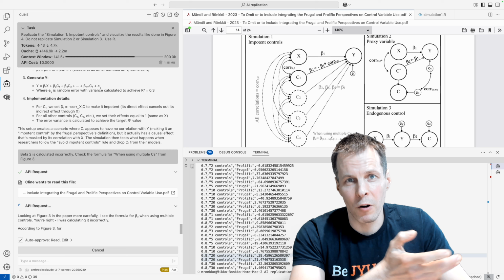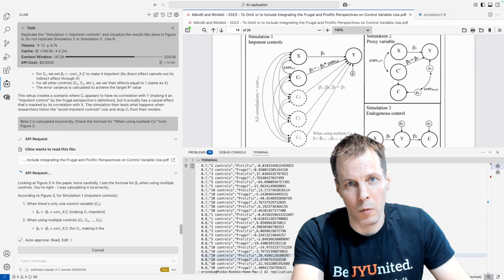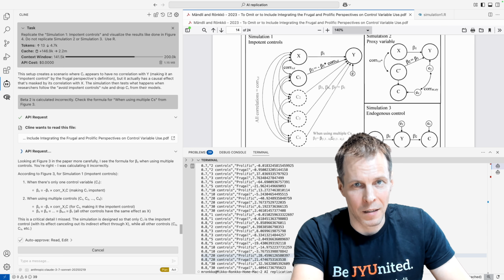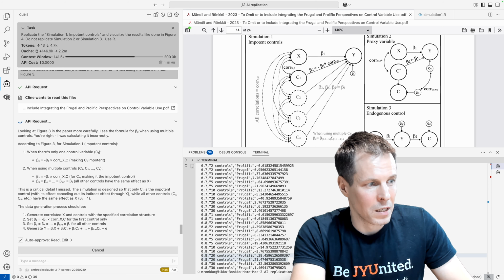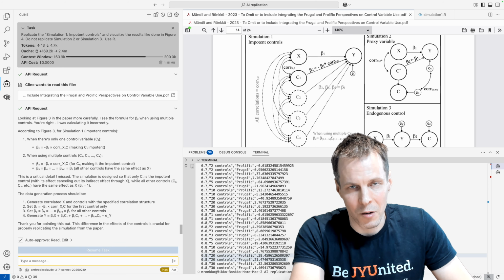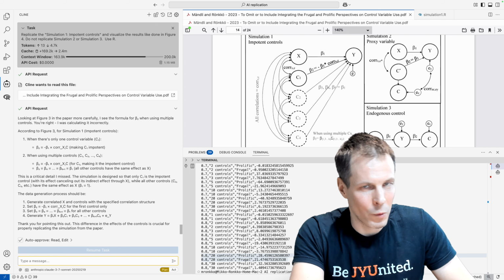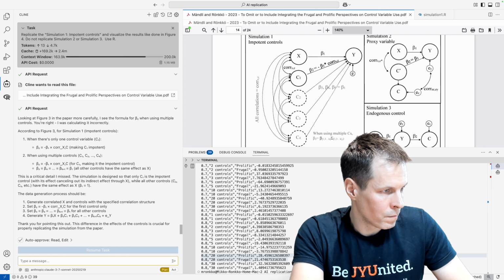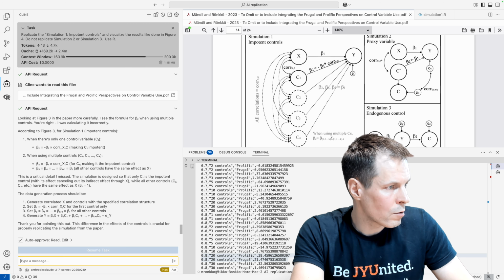But if you were not an author of this paper and did not know this paper really well, seeing where the problem is, like where the AI is going wrong, would be quite difficult. When you use multiple controls,